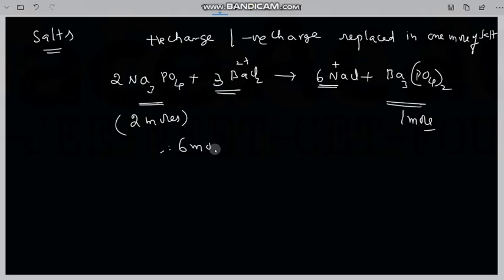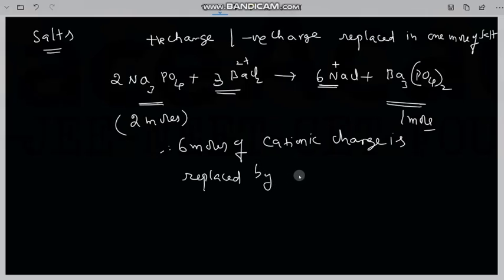Therefore, 6 moles of cationic charge is replaced by 2 moles of sodium phosphate, Na3PO4. Thus, each mole of